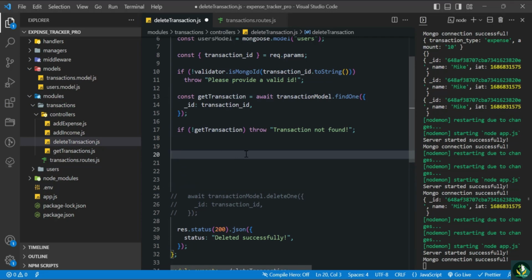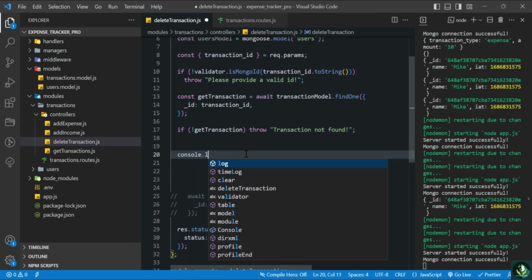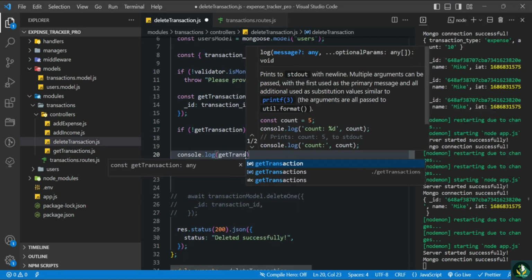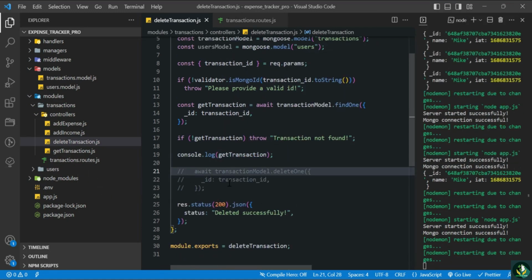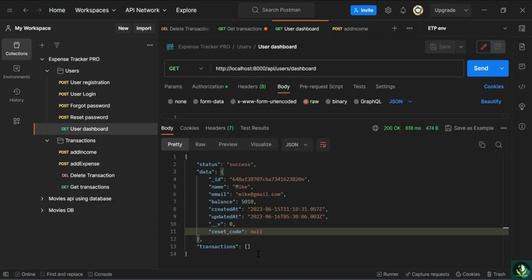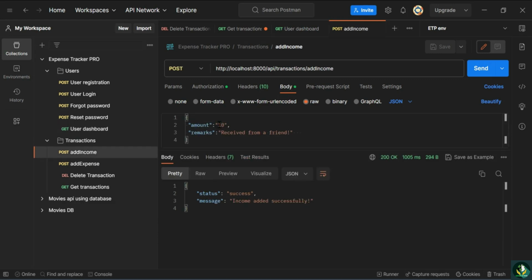So let's see what we are getting from getTransaction. So console.log and then getTransaction, right? Now let's send the request again. We have already deleted that previous transaction, so let's create a new one. Let's add an income. So 10 received from friend. So add this,